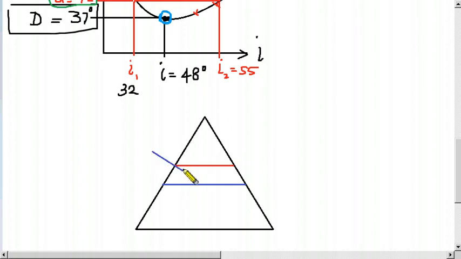Therefore let us draw normal lines to this first surface, perpendicular. So this is the normal,